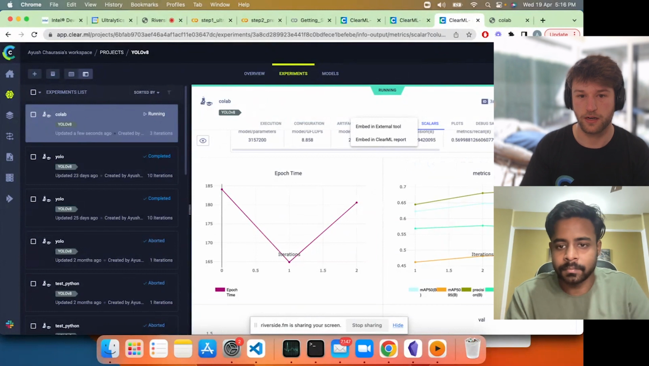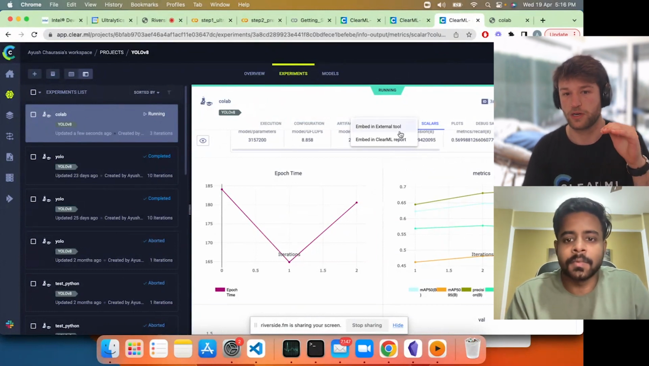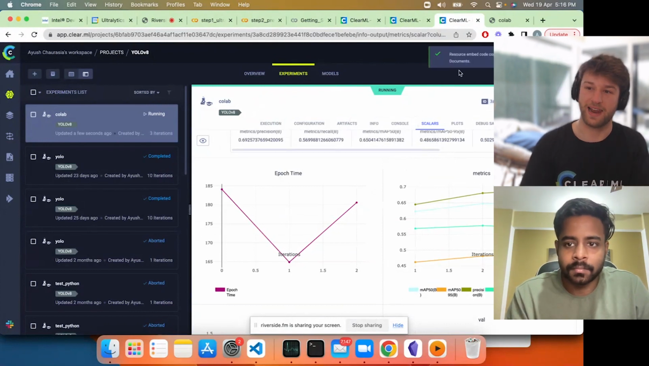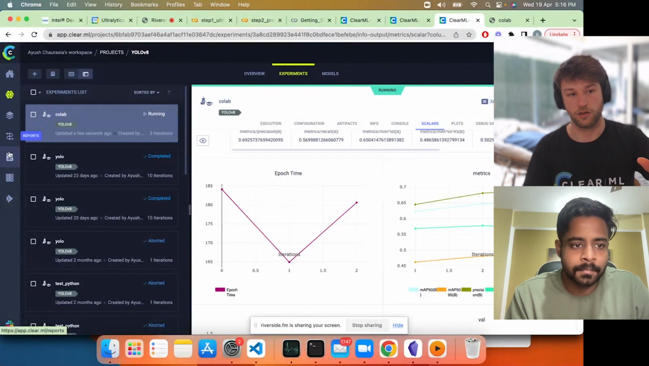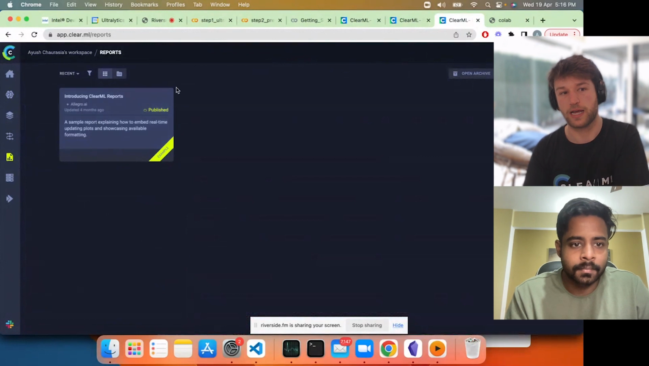And if you click on that, it'll ask you to either do it in an external tool or in the ClearML report. If you click ClearML report, then you can go all the way at the left in the bar with all the icons. You'll see the little report icon. And if you click now on new report,